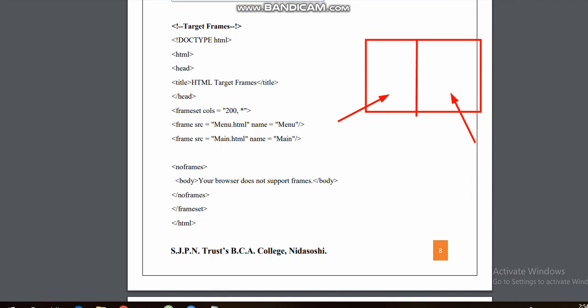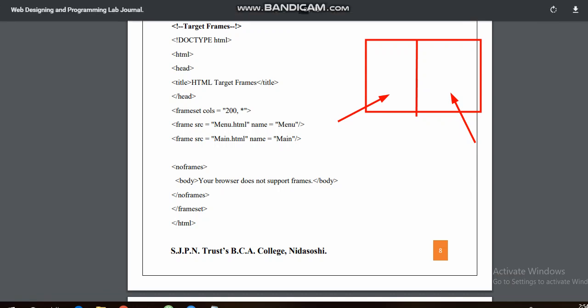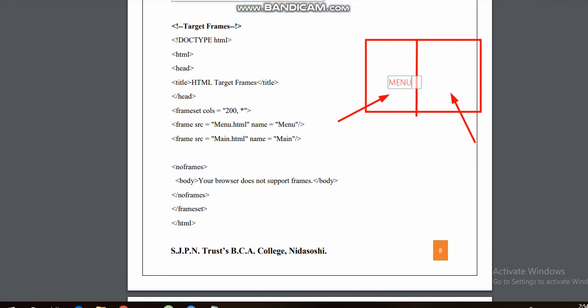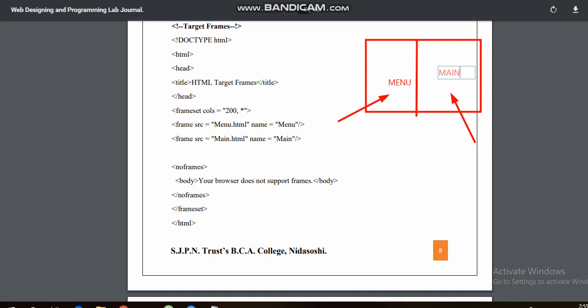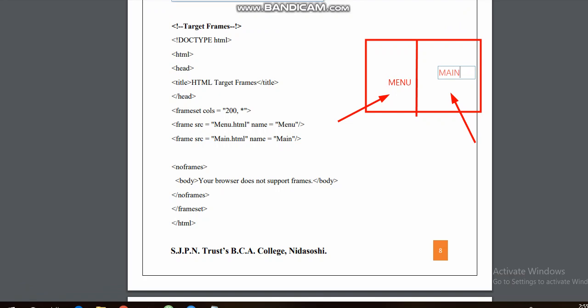This is 200 pixels and the remaining pixels are taken over here. In this area the menu file is displayed, and in the other area another file is displayed, that is main. So this is all about your program number 1. Hope you got it and do practice for it.